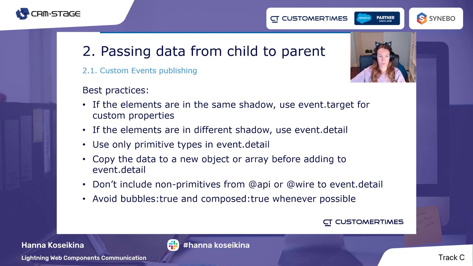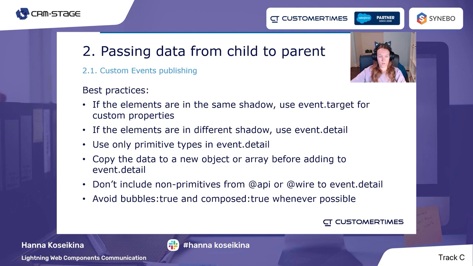If you need to use event.detail, please use only primitive types, so that it will not be objects sent in events. And before adding data to event.detail, it's better to create a new object or array and copy the data there,